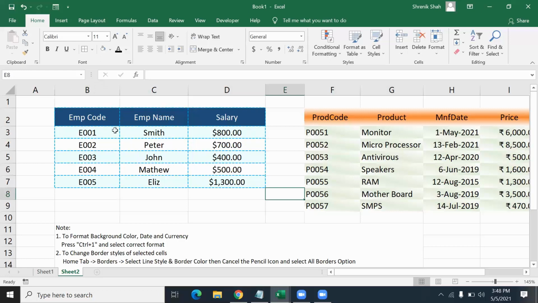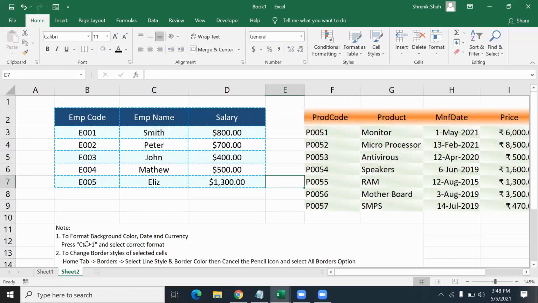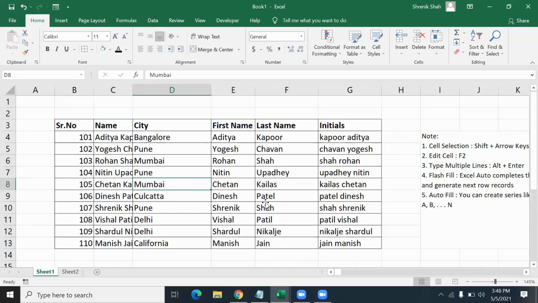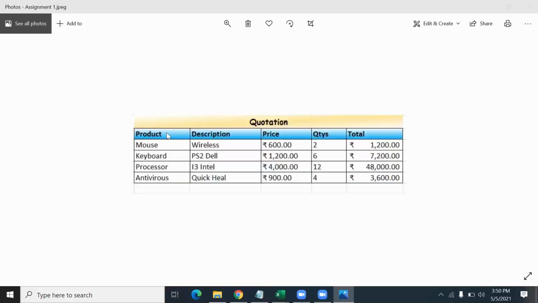So I today worked with different options in Excel, like the shortcuts and as well as the autofill and flash fill options. I give you some assignments as well, and you work on that assignments. Prepare the same tables. Once 1 minute, I'll show you which assignments. This is the first assignment. You give the title as quotation, then you type the product name, description, price, quantities, and total, and try to calculate the total. Okay, don't type manually.